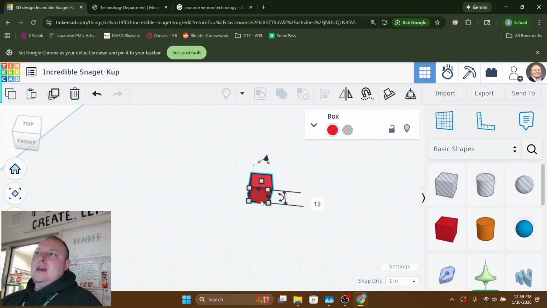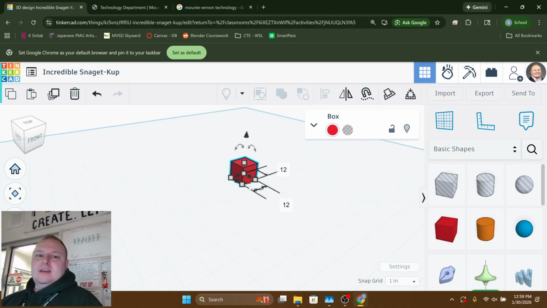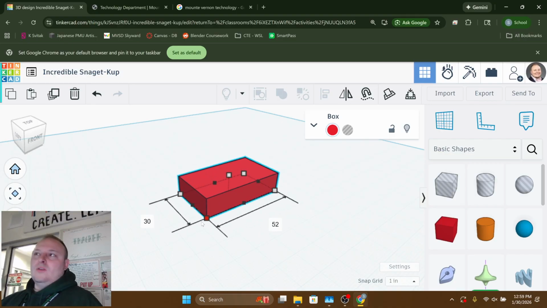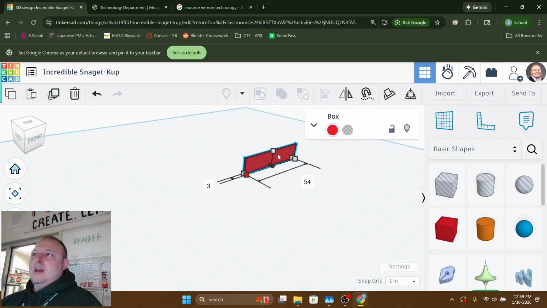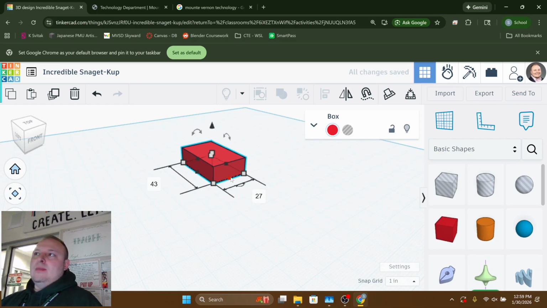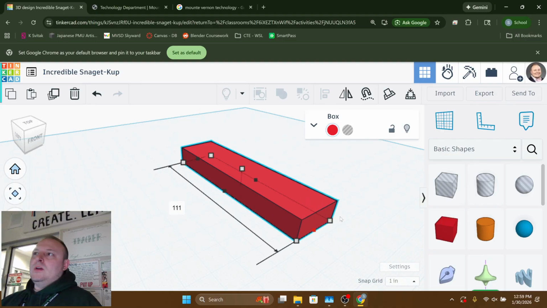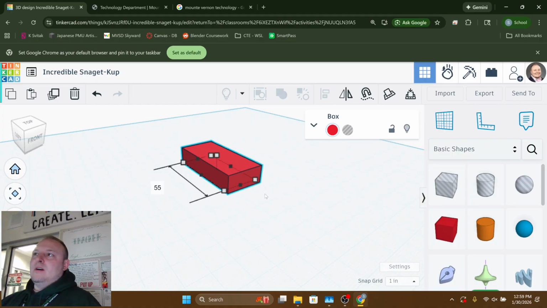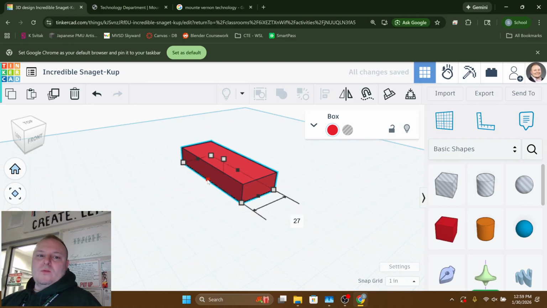With this square, you can kind of see it has these corners, and you can grab the corners and manipulate the shape. All right? By grabbing the corners. You can grab the middle of the edges. All right, and you can extrude the surface. So thinking like for the robot,